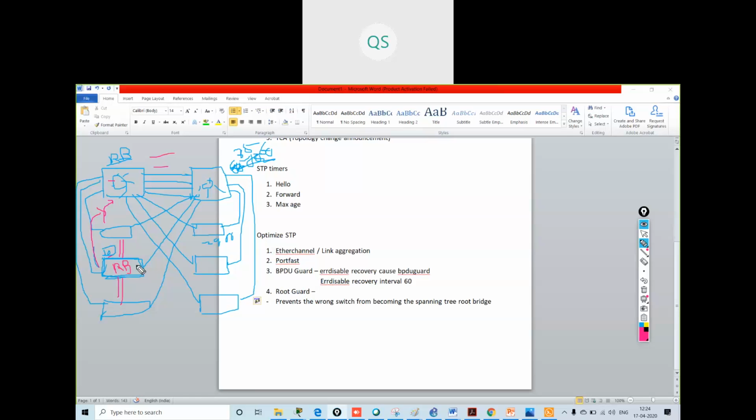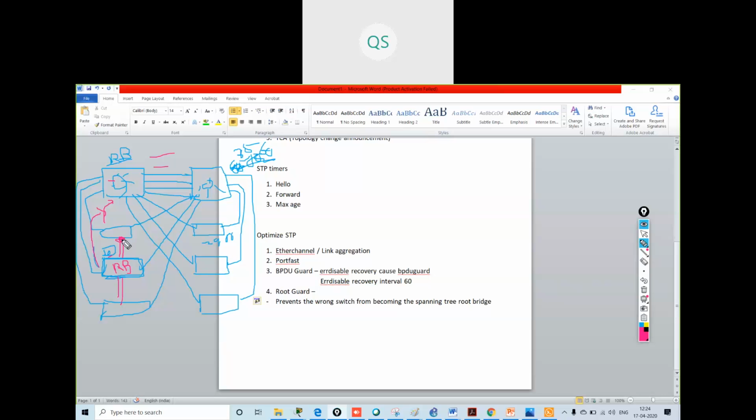So what we can do in this scenario, whenever a switch is connected and a BPDU message with higher priority is sent, we can configure a root guard on the upstream switch.